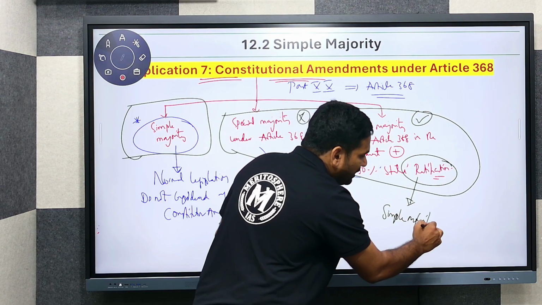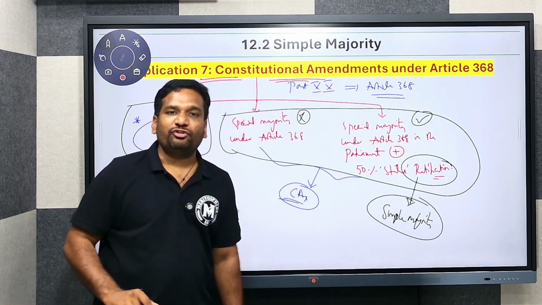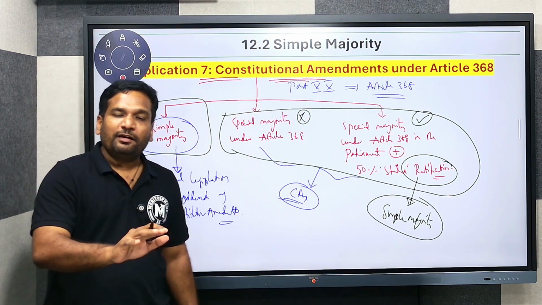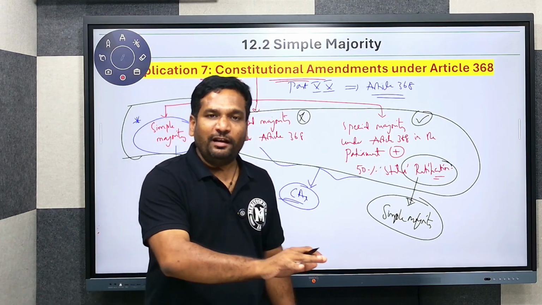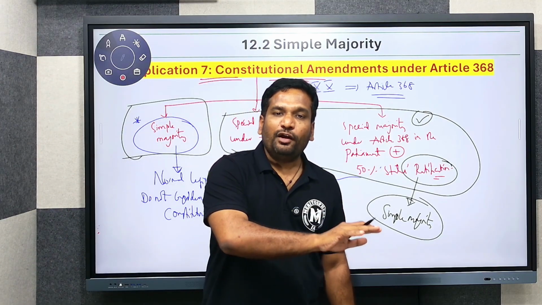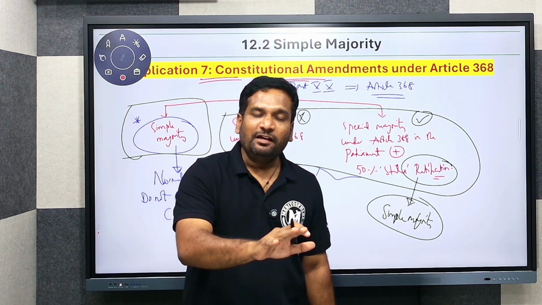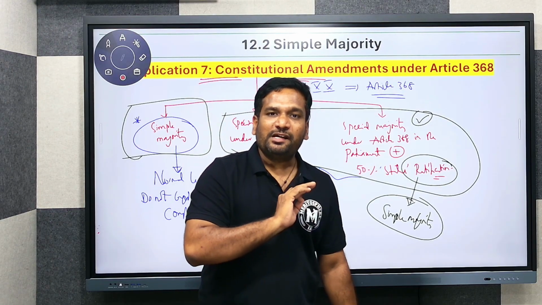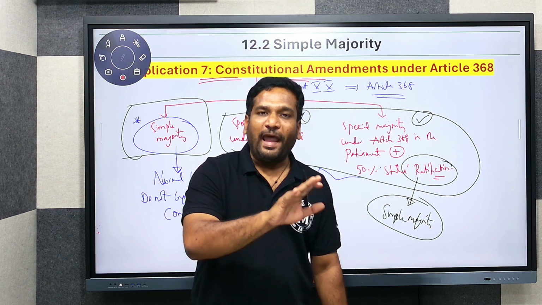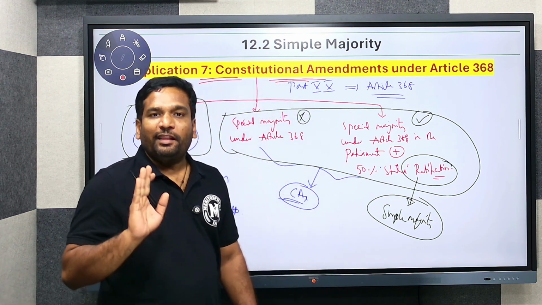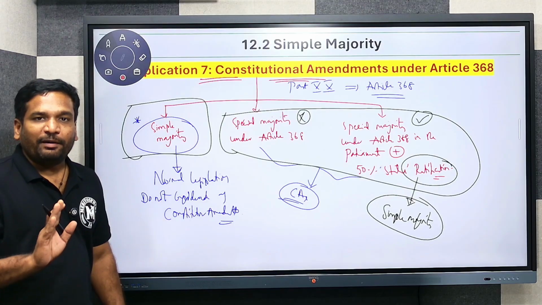Simple majority. That means the states have to pass such a constitutional amendment bill with the usage of simple majority. So the Parliament has to pass that constitutional amendment bill with the use of special majority under Article 368. After passing, that bill will be sent to the states, and at least 50% of the states have to pass that bill with the usage of simple majority. So in the purview of the constitutional amendment bills,